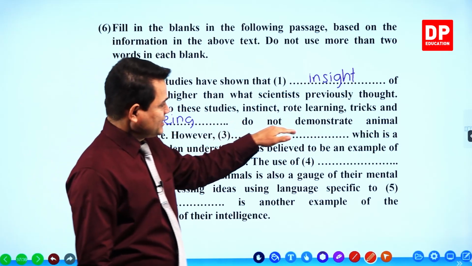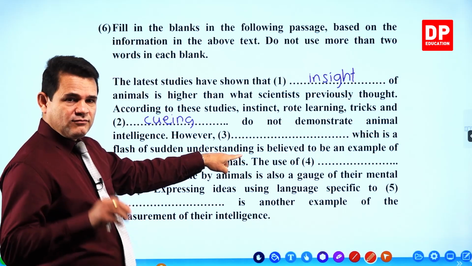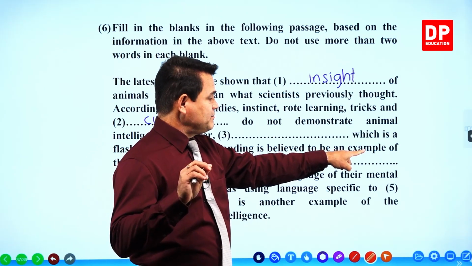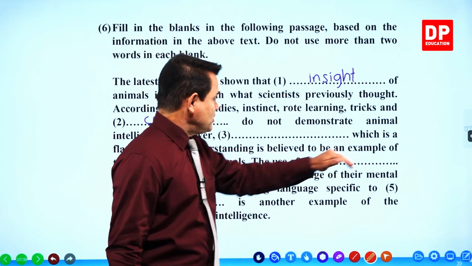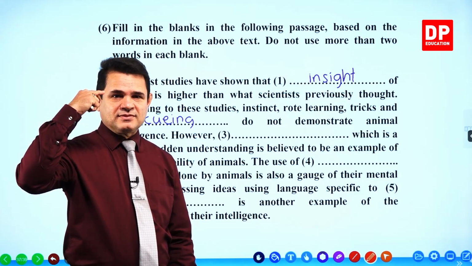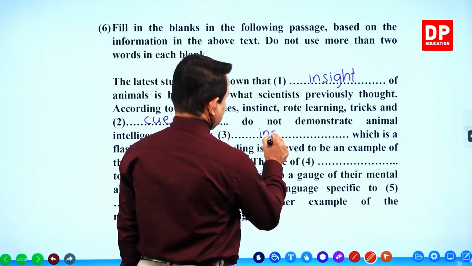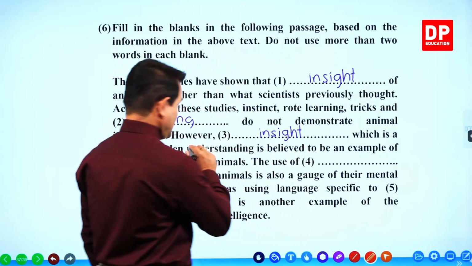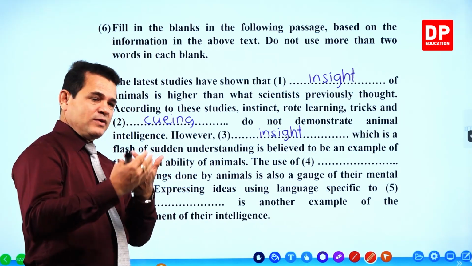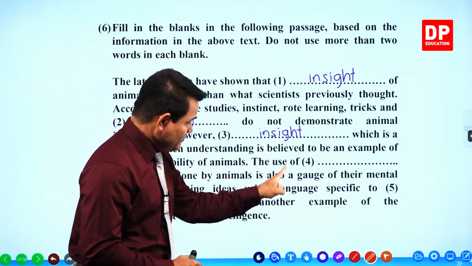කෙසේ වෙතත් blank මෙතන මොකක්ද කියන්නේ මෙන්න මේ වචනේ තමයි මෙතනින් පස්සේ විස්තර කරන්නේ which is a flash of sudden understanding ඉක්මනට ටක් ගාලා අවබෝධ කර ගැනීම තේරුම් ගැනීම right is believed to be an example ඒක විශ්වාස කරනවා example එකක් උදාහරණයක් විදිහට of the mental ability of animals ලගේ mental ability එක මනසේ තියෙන තත්ත්වය හැකියාව මොකක්ද ඒතකොට insight however insight which is a flash of sudden understanding මේ insight එක කියන්නේ flash of sudden understanding එක පාට යමක් තේරුම් ගැනීම is believed to be an example of the mental ability of animals